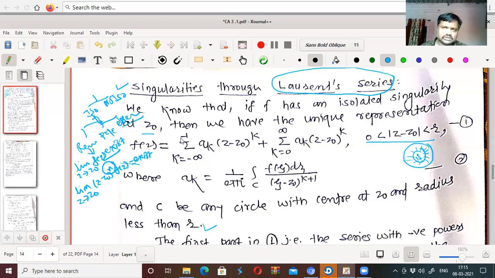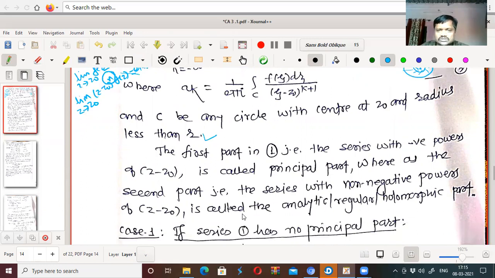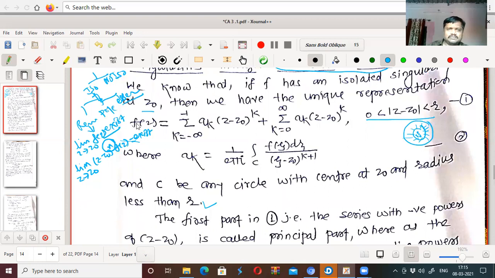Now we can find what type of singularity is there, whether it is a removable singularity, a pole, or an essential singularity, by using Laurent series expansion. The first part, that is the series with negative powers of z minus z0, is called the principal part, whereas the second part of the series with non-negative powers of z minus z0 is called the analytic, regular or holomorphic part. What does this mean? f of z is like this, meaning that f of z is nothing but